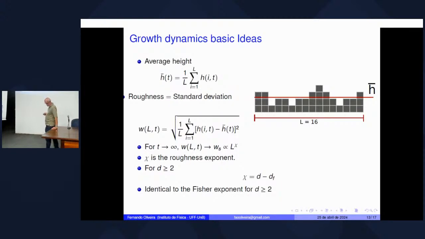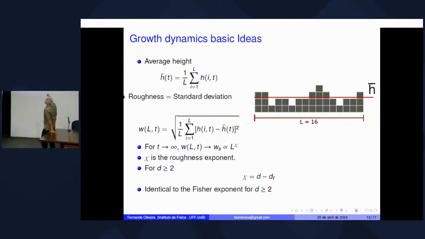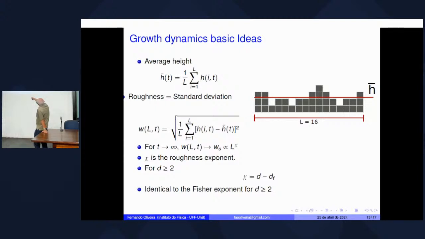We wanted to make a comparison now with something that you get in growth phenomena. We have been studying growth phenomena for quite a long time, and the major idea on when you get the growth phenomenon is this. You have a situation like that where you have the position here and so on. And what we do? First, you take the average height, which is that number here, on this system. And afterwards, you take your roughness, which is the standard deviation of the height, which is something like that here.